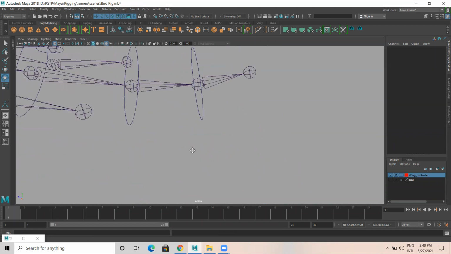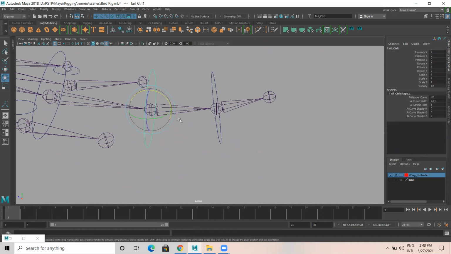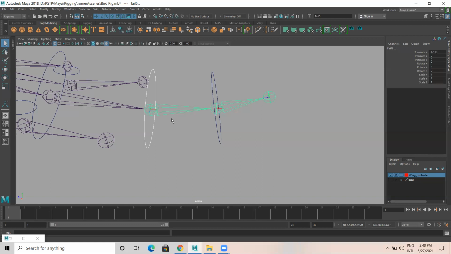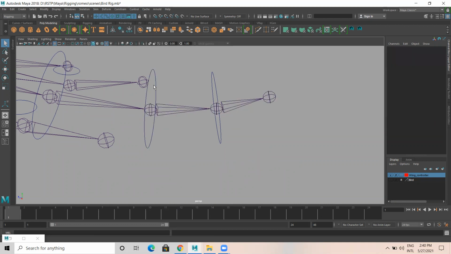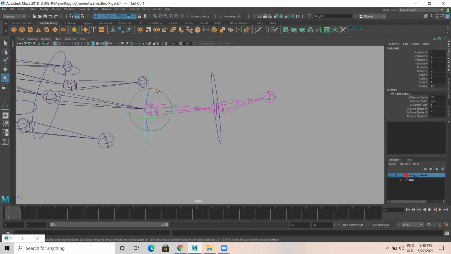Same thing I'm going to repeat here. Select this curve and the joint, shift select the joint. G is for repeat last tool, the tool you have last used. If you press G, you can see it automatically does it. Select the curve and the joint, it is orient constraint.